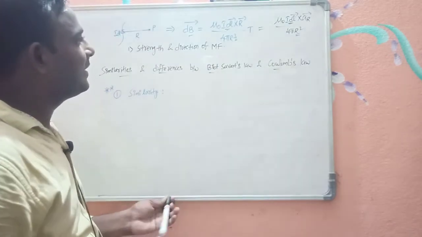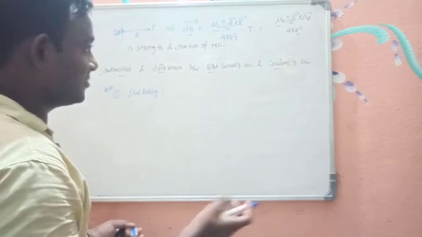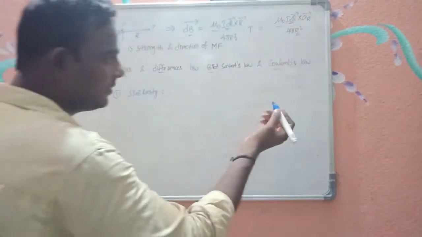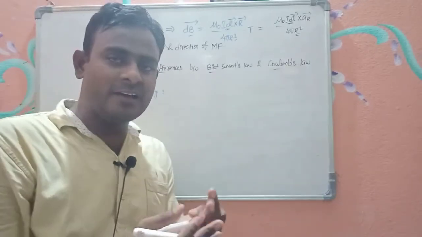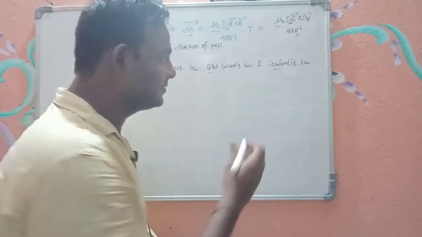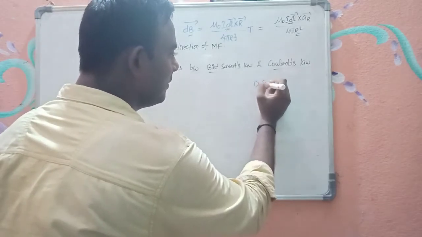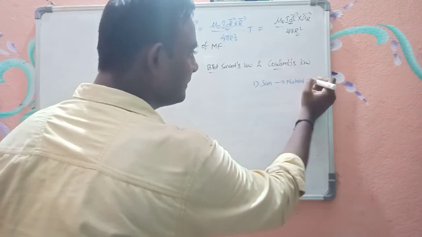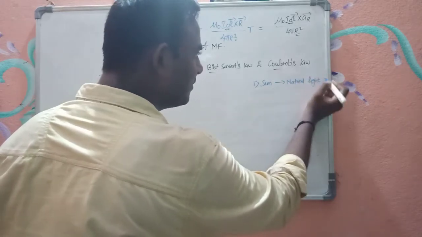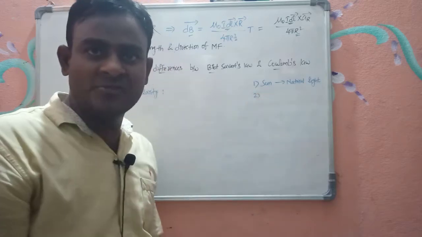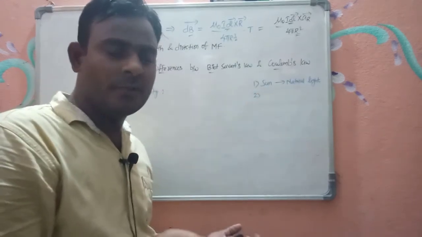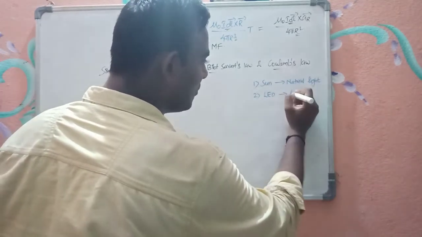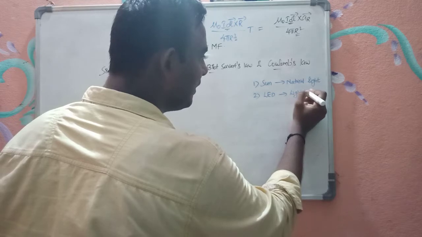What is meant by current element here? Current element is nothing but the source. Let me take some real-time examples. What is the source for natural light? The Sun, right? The Sun is the source for natural light. You know this already. Similarly, what is the source for the light in this room? It is LED. LED is the source for light in this room.